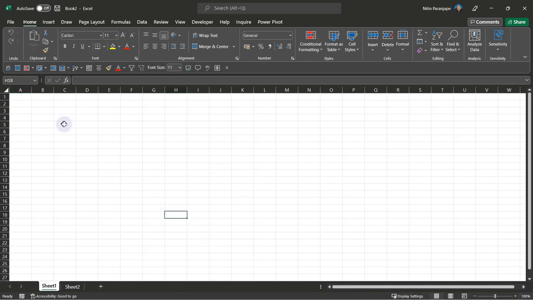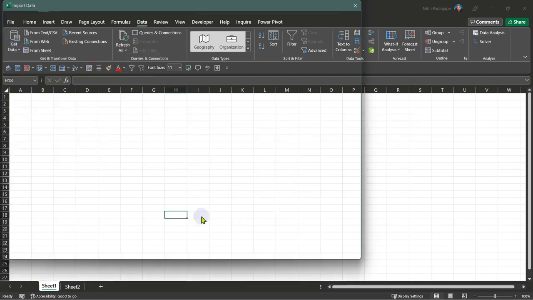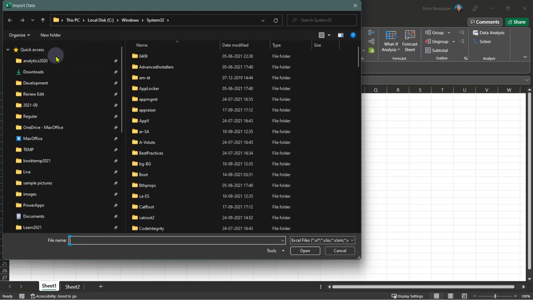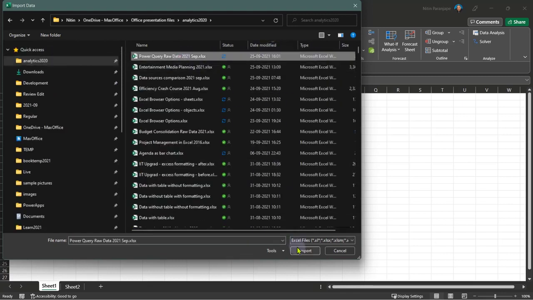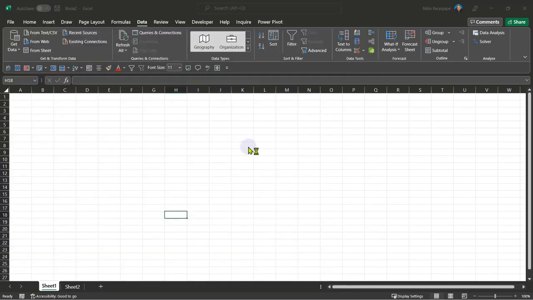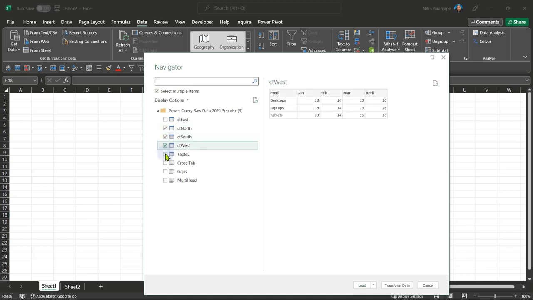Now I go to data, get external data, not from web, get data from file, Excel, and here I have to give the file which I was just showing you. So let me give you that file. Now this file has many tables. We have 4 tables there, and I've given them names north, south, east, like that. So I actually want all 4 tables. So I can say select multiple items, and then I can create 4 tables,